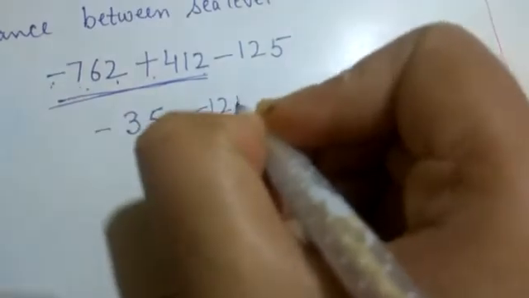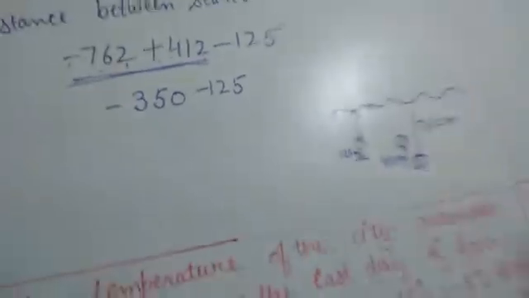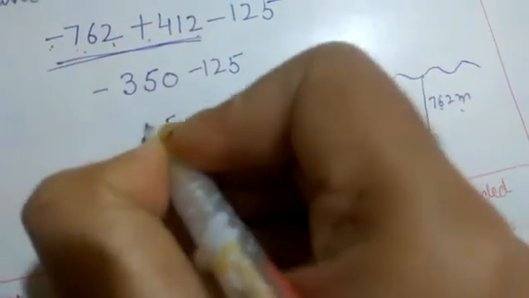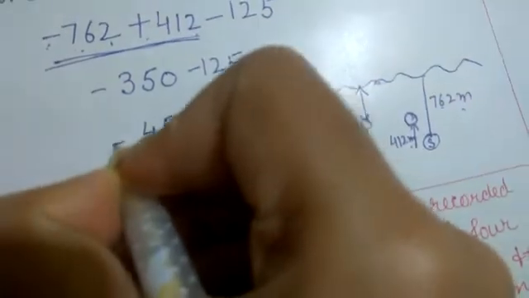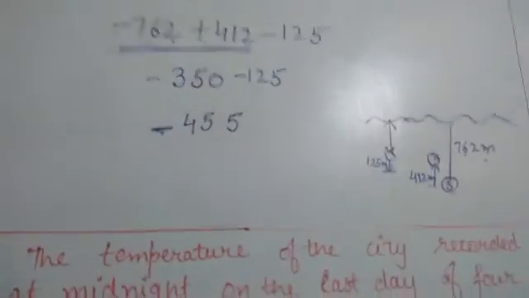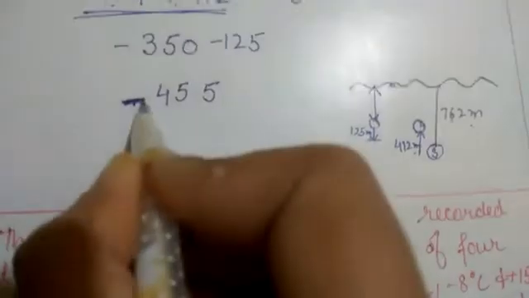And the next statement, write it as it is. Now both are with negative signs, both signs are the same, that means we have to add. So this is our answer. Get it? This negative sign indicates that the shark is downside the sea level, means the shark is under the water, the shark is not at the upper side of the sea level. This negative sign indicates this much.